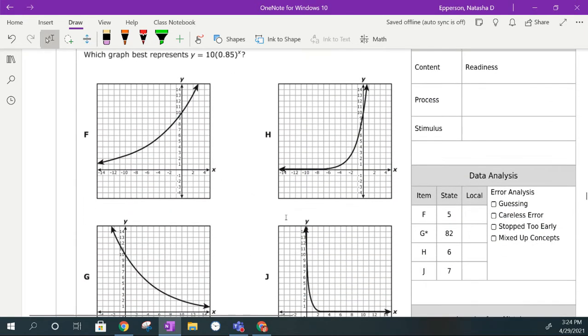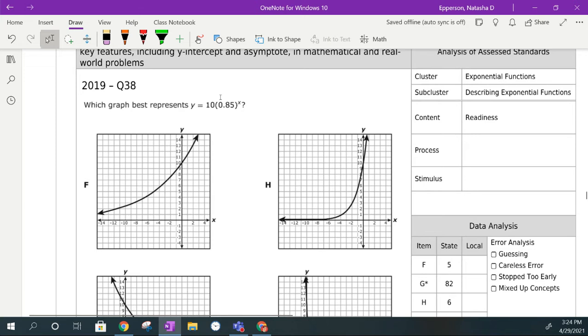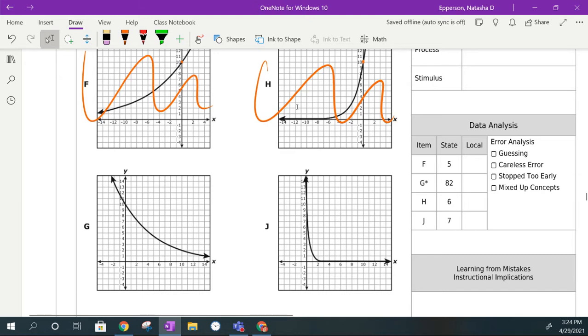Which graph best represents 10? And then we have, this is decay. Okay, so F has a y-intercept of 10, but it is growth, so that's out. H, possibly y-intercept of 10, but that's also growth, so that's out. All right, D has a y-intercept of 10, and it's decay. G has a y-intercept of 10, and it's decay. Sorry, not D. J,